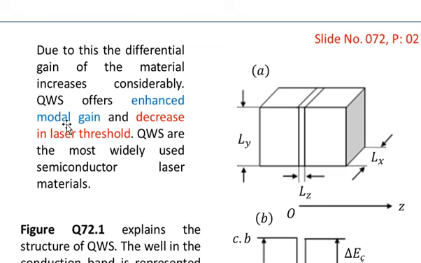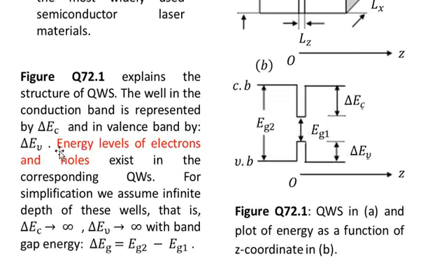You see that different modes, different frequencies, could be emitted by a semiconductor material when energy is supplied from outside. Different wavelengths, which we call different modes, are emitted. So these are called in general the modal gain. The modal gain is enhanced in quantum well semiconductors, and there is a decrease in laser threshold. You see that we need a smaller amount of energy to produce the laser effect, as you can see